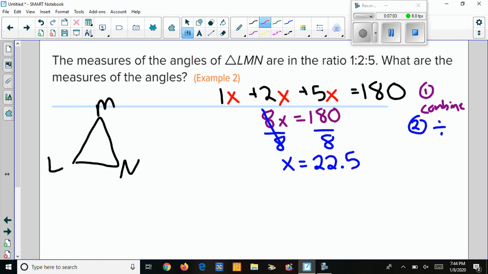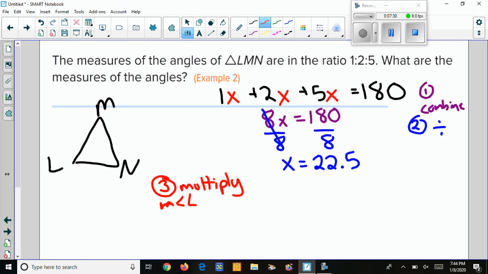So my third step, I'm going to start here, is to multiply all of my angle measures by the 22.5. So if I start with angle L,